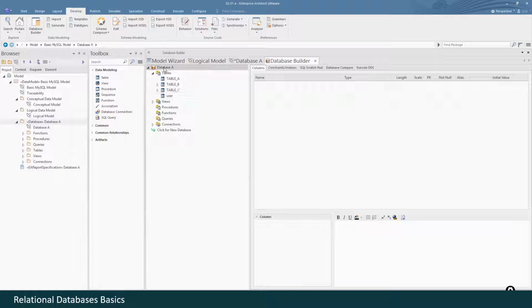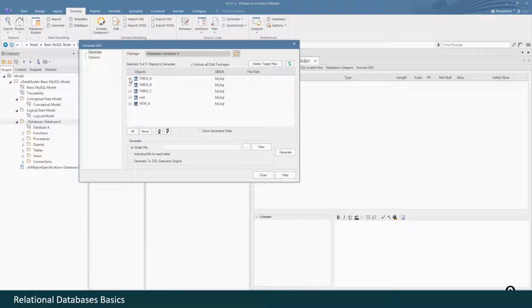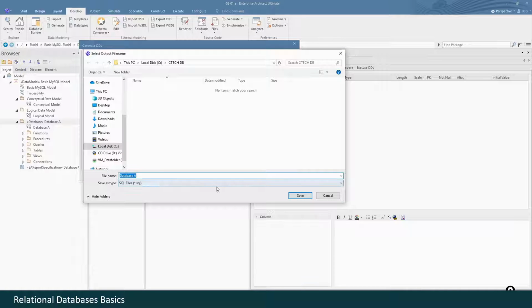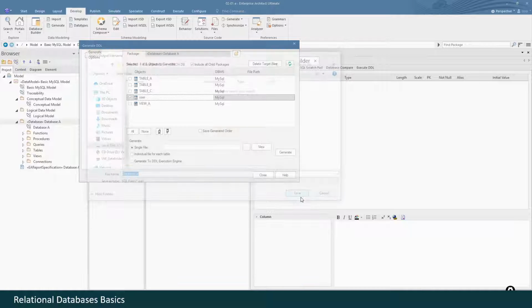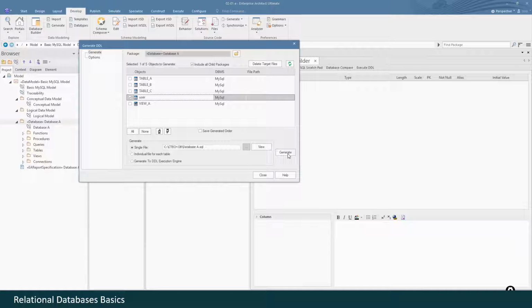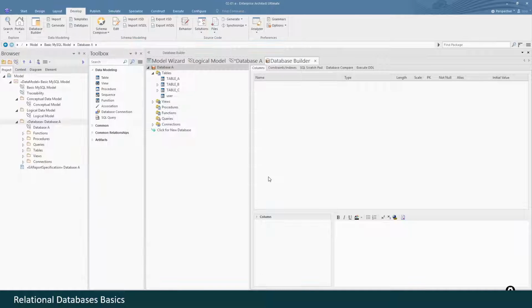We may select the root element, right click, generate DDL, data definition language, uncheck anything unneeded, just leave our user table, select a file, okay, let it be database A, save, and click generate. All done, we may close this window.